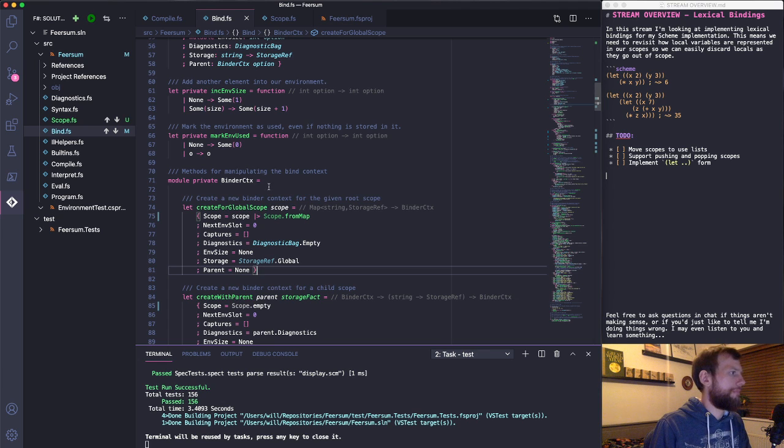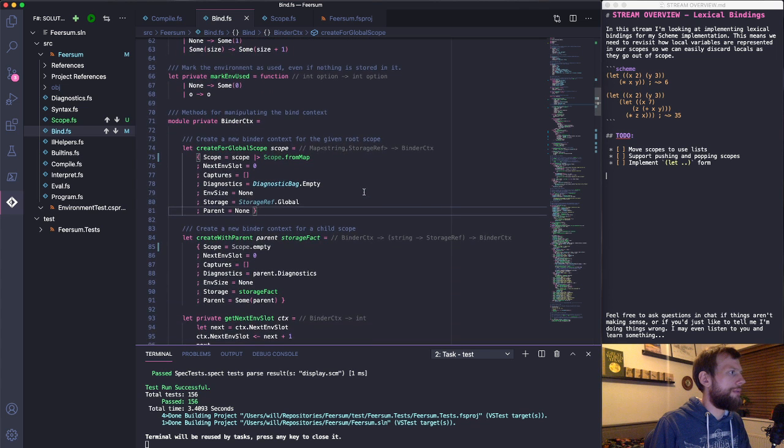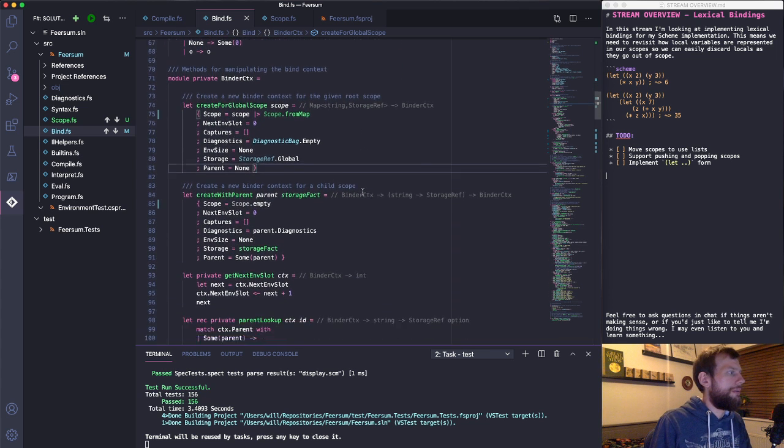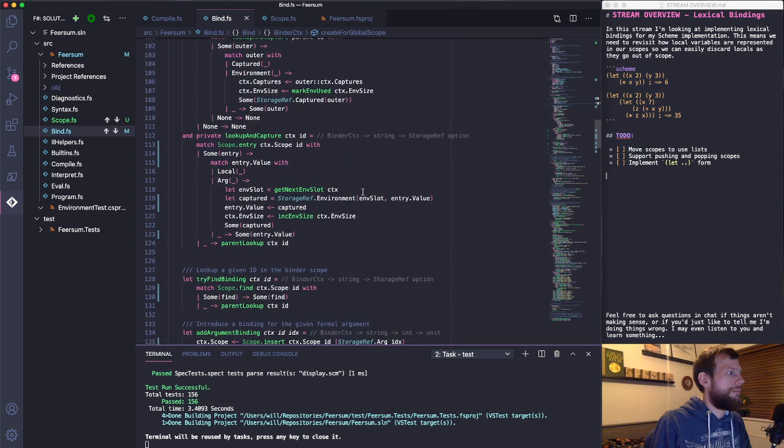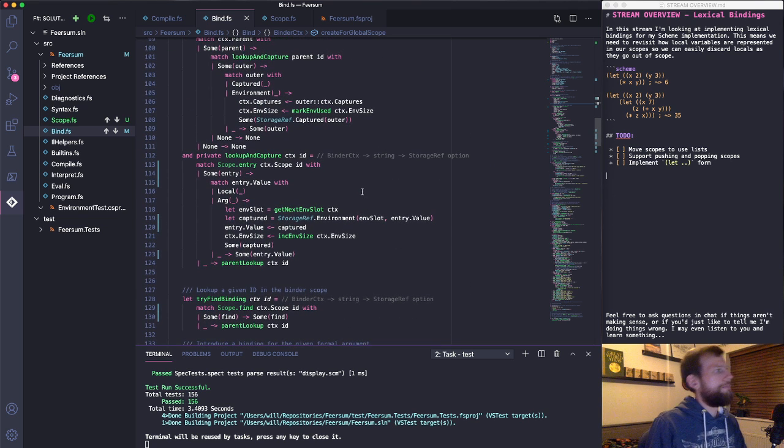And this supports the same kind of aliasing that we previously supported. So what we can do now is